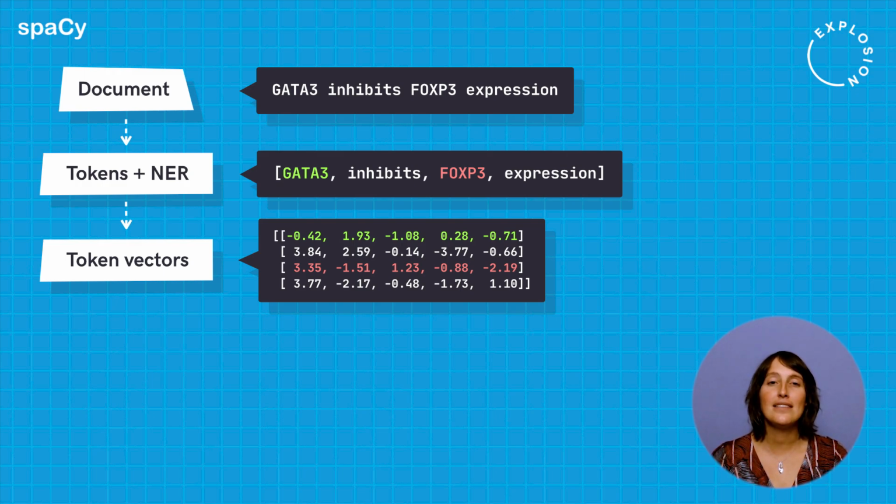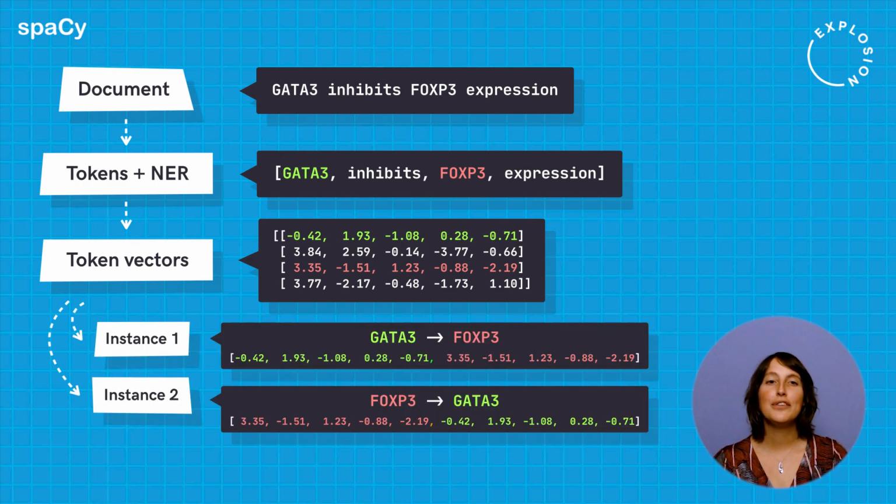Both entities in this text consist of only one token, which means that we can keep the token vector as such. If you had entities consisting of multiple tokens, we would need some sort of summarization method to obtain one final entity vector, for instance by taking the average. We'll come back to this later.